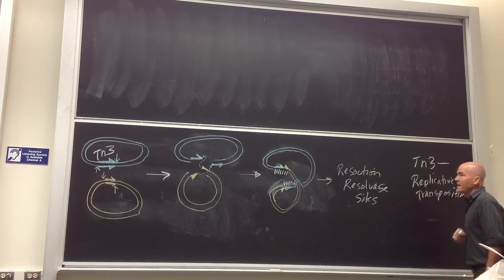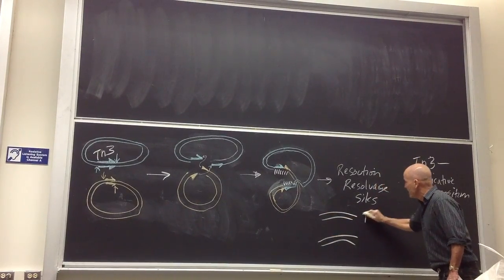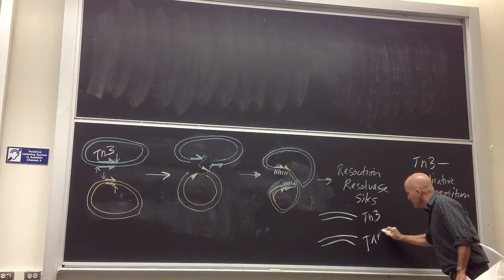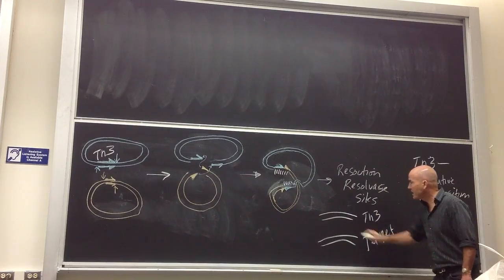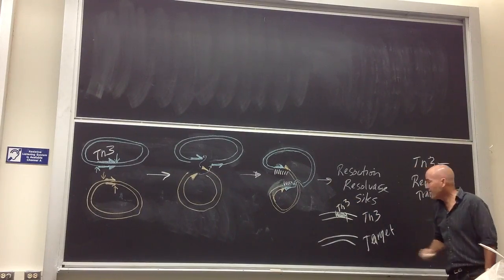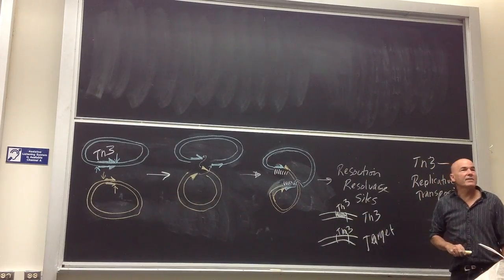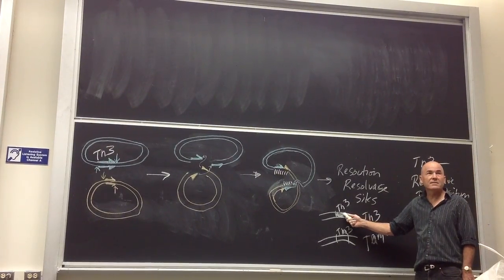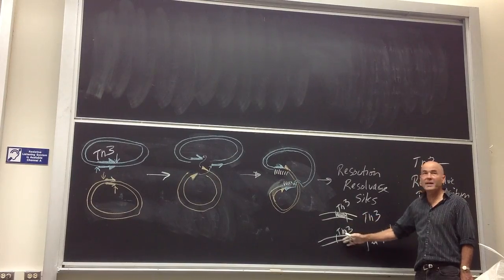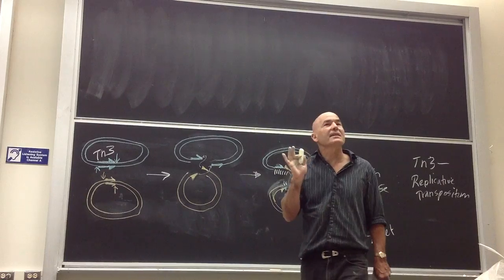And what I mean by replicative is if we look at TN3 and a target, when we're done, the target's going to have a TN3 and the donor's still going to have a TN3. Okay? We didn't lose it. The donor didn't lose it. It's not cut and paste. We didn't cut and paste. What we're going to do is do it all with the same kind of idea, but here's